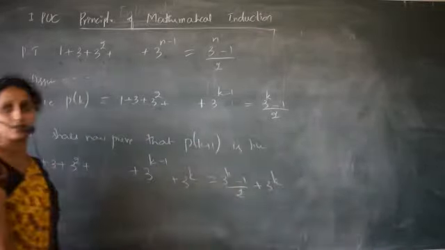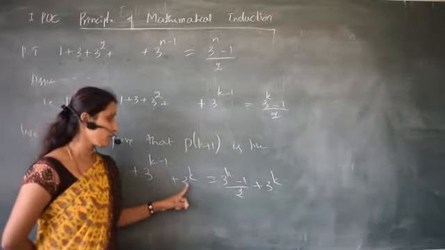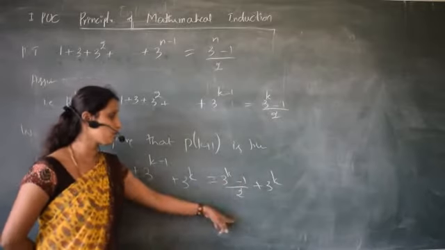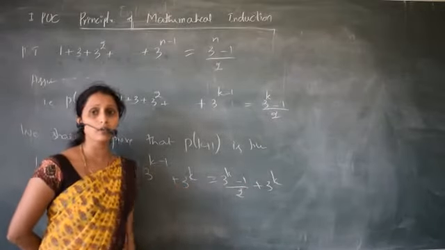on both the sides. Next term, here 1 in the sense what? It is not just 1, it is 3 power 0, 3 power 1, 3 power 2, 3 power 3, 3 power 4, 3 power k minus 1 plus 3 power k. Here we have 3 power k minus 1 by 2. The next term we have added is 3 power k. So add 3 power k on both the sides.